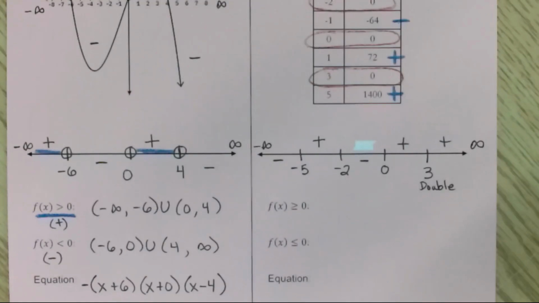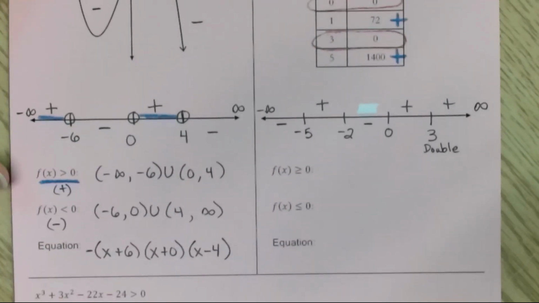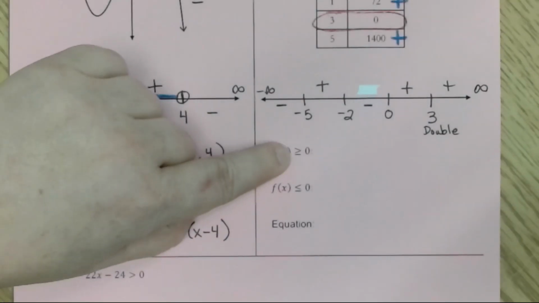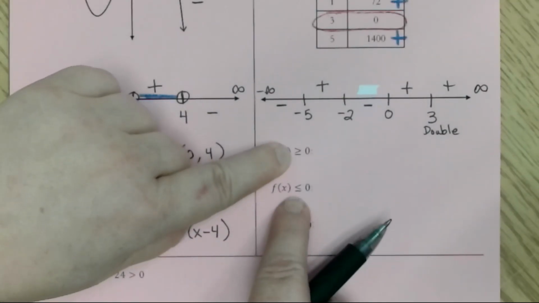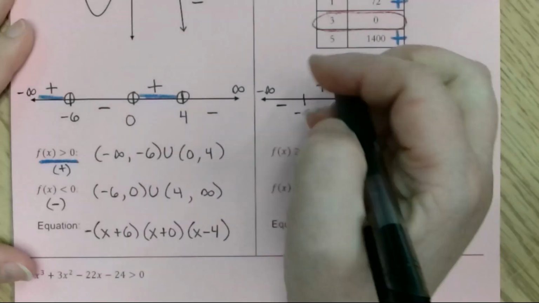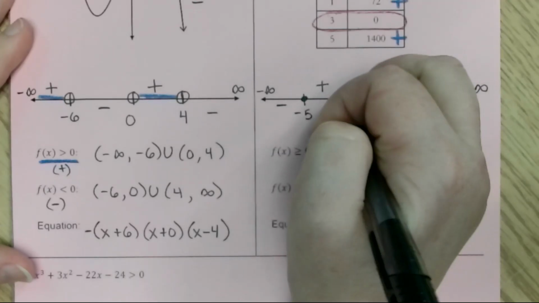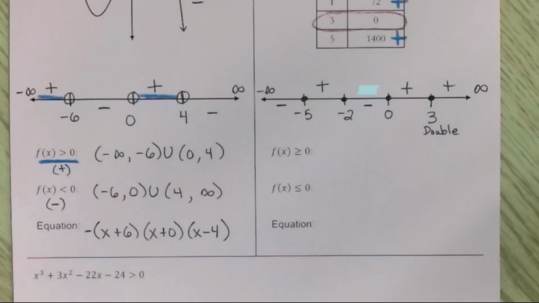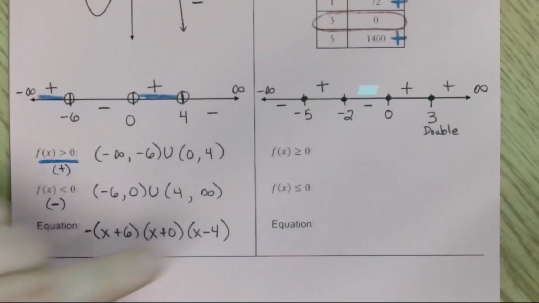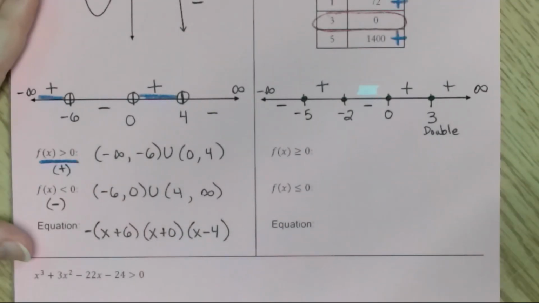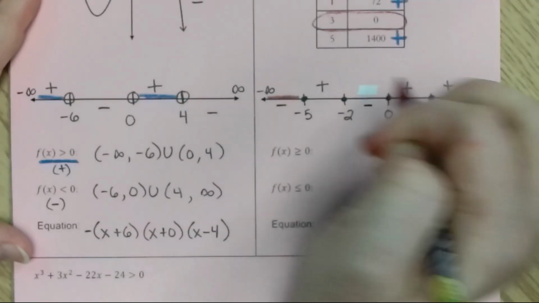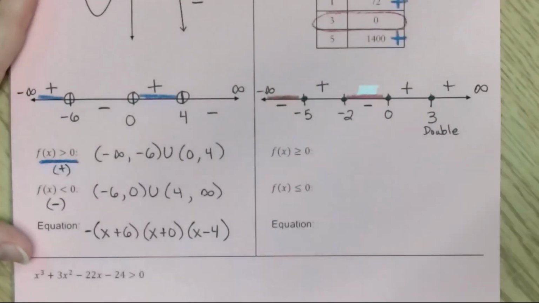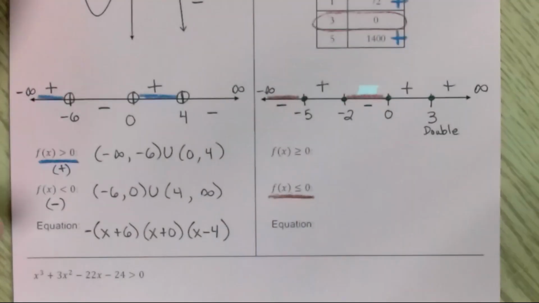All right, so now let's look at what kind of dots we need to draw for this one. So notice I have an equal sign for both my greater than and less than. That means I'm going to have nice solid dots on every single intercept. So let's do our less than parts. So we're going to come in and we're going to shade our negatives on this line, just to mix it up a little bit. So for our negatives here, where we're less than,